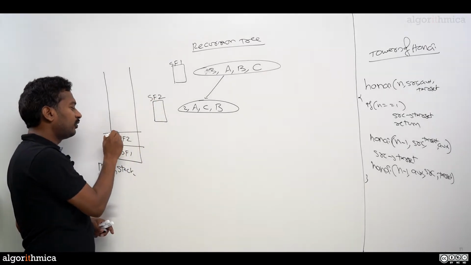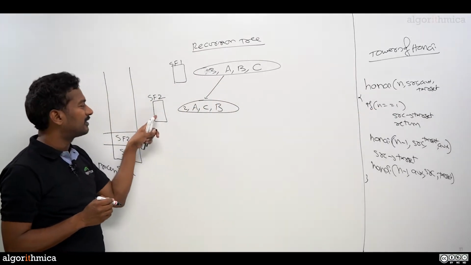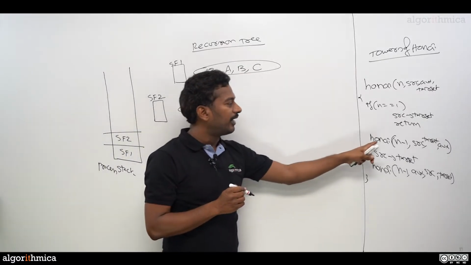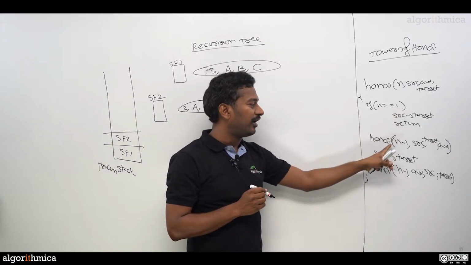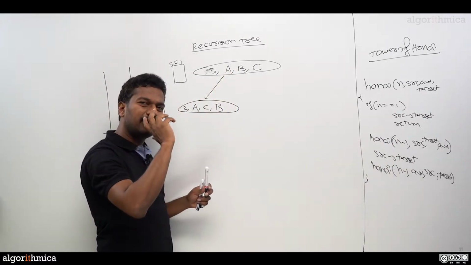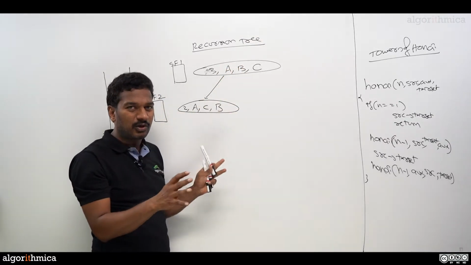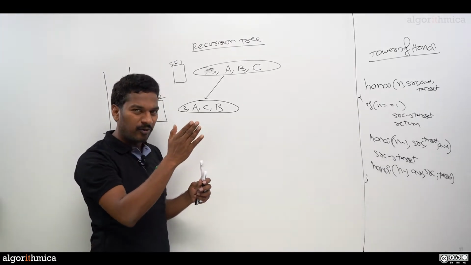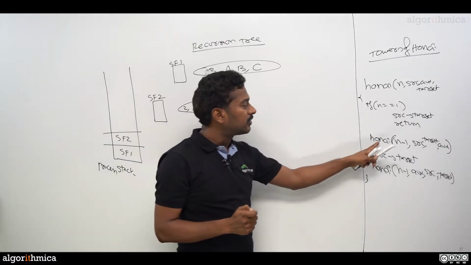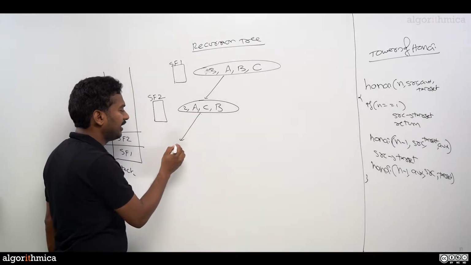When SF2 is on top of the stack, whenever I say n, it always refers to n in the top stack frame. Here this n is 2. So 2 is not equal to 1, the condition is false, and we go to Hanoi of n minus 1. Mind you, you cannot make the right call first. In logic development we never focus on flow, only on sub-problems, which is okay. But to understand the exact flow of execution, you must follow the way the program executes. So Hanoi of n minus 1 is again the first call, a left child.